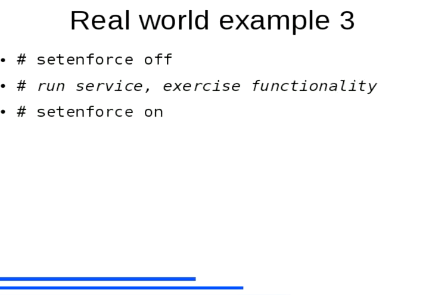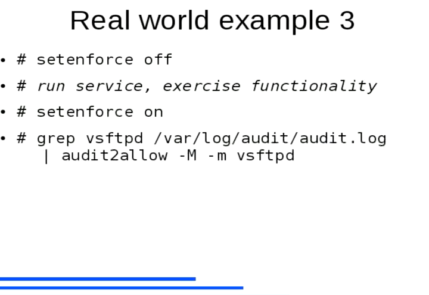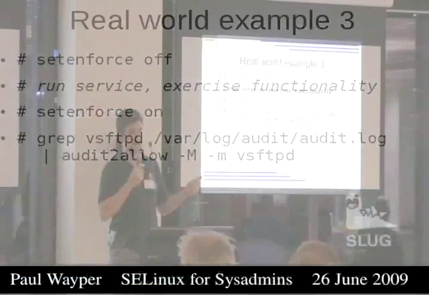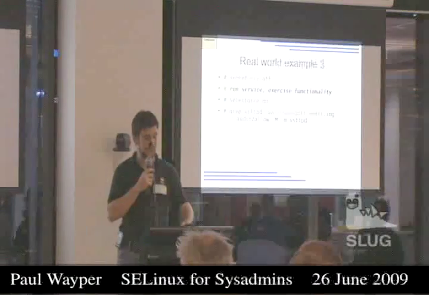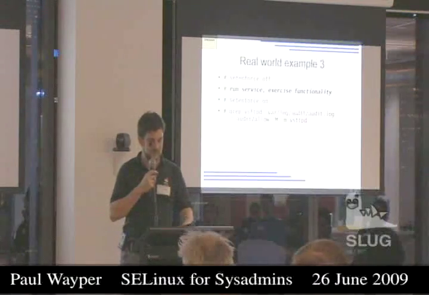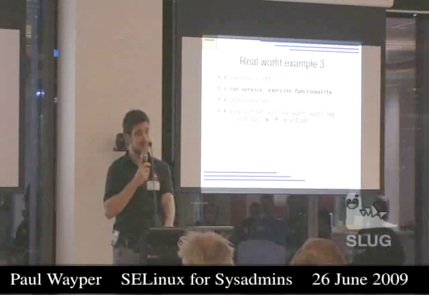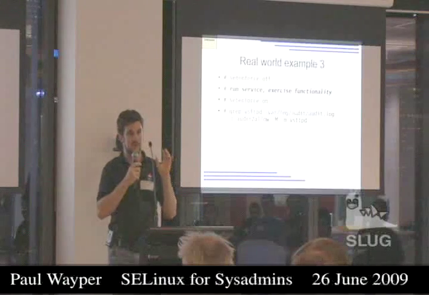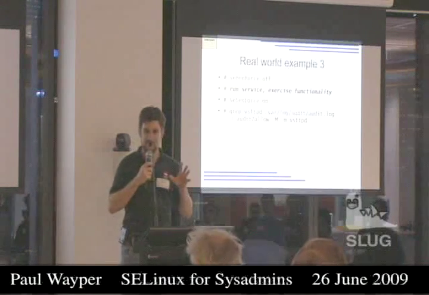We then grep for those messages in the FTP, so in the audit log. While setenforce is off and permissive is on, it's still generating the warning messages. They go into the audit log, and then we can catch them even though the access has been allowed. Trust me on this one, it's much, much easier to do that than it is to run the FTP daemon